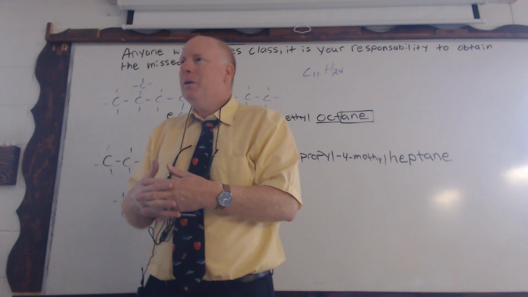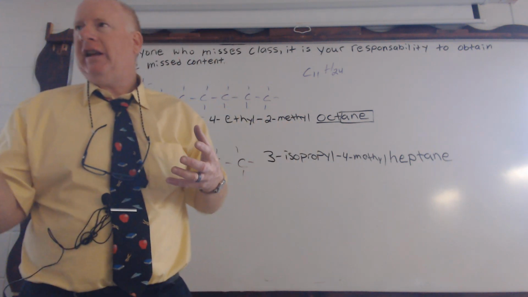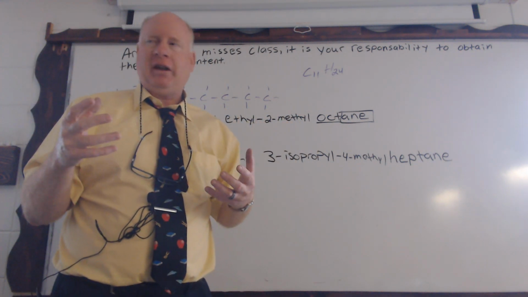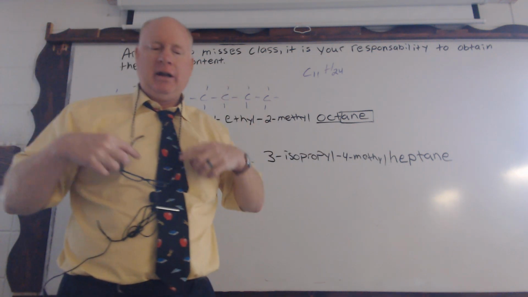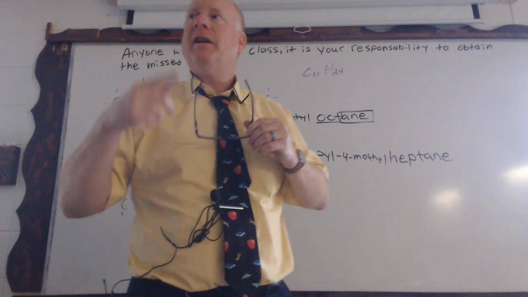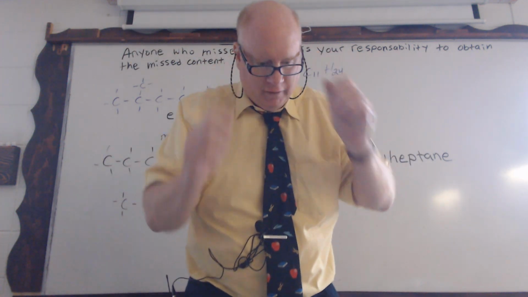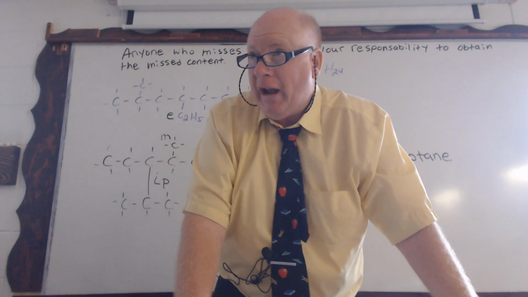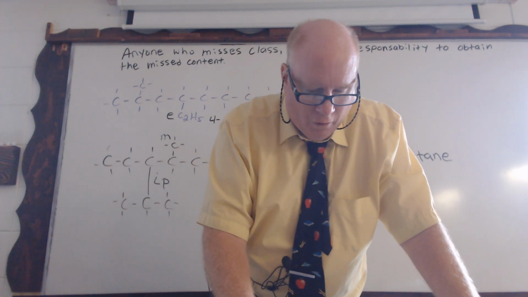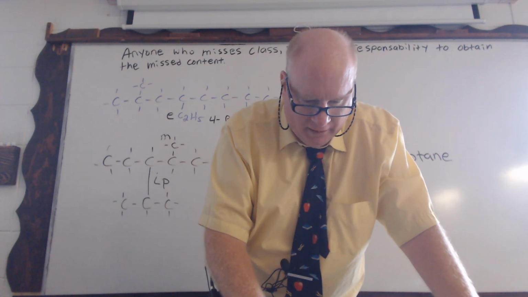Now we know. But like I said, once you see it, then apply the rules. I think it makes more sense. That's how we like to approach this. You see what it is we're doing, then we talk about the rules, because then we can reinforce that. So number one, the name of the law is continuous chain. We've been doing that for quite a while now, or base, or parent name. That's rule number one.